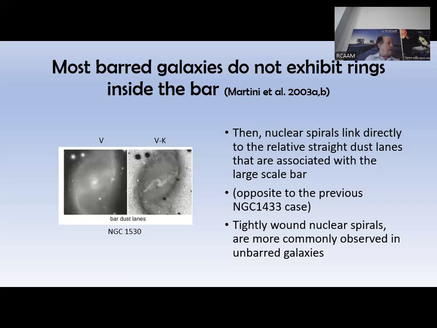As long as we can find unbarred galaxies, I would say, with very weak bars in the center, then they have found these tightly wound spirals. You will see examples later. Okay,